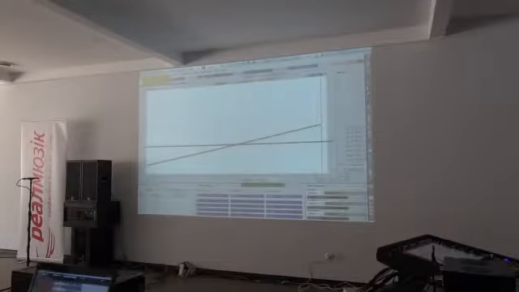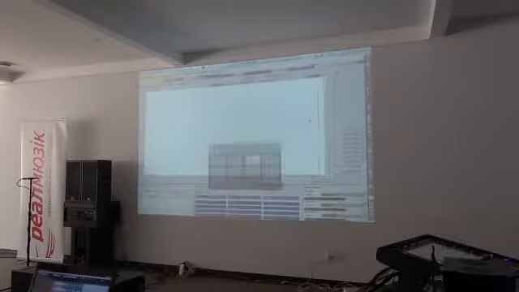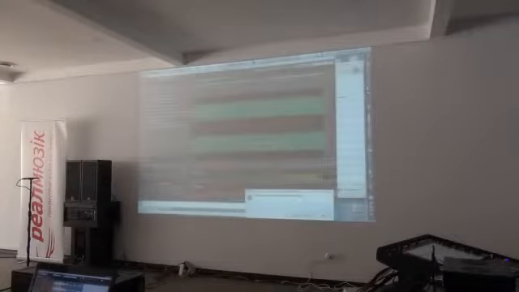This line shows less level in low frequencies and more level in high frequencies. This is white noise. But if I play red noise,